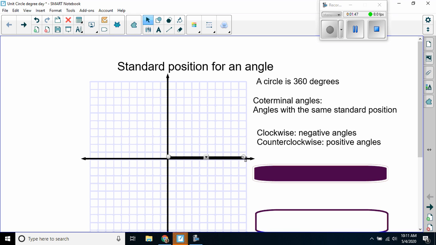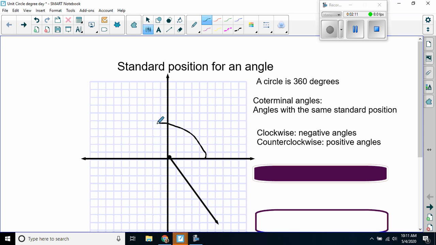So the way I like to think of it is if I start here at the positive x, which is our initial position, okay, standard position for an angle. If I start here and I go up, that's always going to give me a positive angle. If I start here and go down, it's going to give me a negative angle, okay? So basically, if I have an angle right here, I can name it 2 different ways. I could call this a positive,